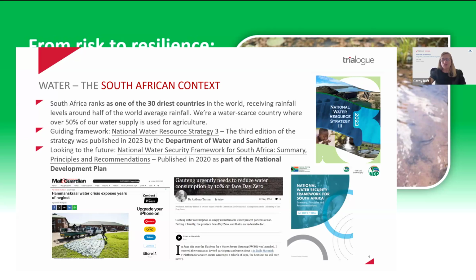So South Africa's water crisis is obviously no secret. For those of you in Cape Town, you've experienced getting very close to Day Zero. And there's now talk of Joburg approaching Day Zero. And if you are in Joburg, you've probably had quite a few water cuts already this year. South Africa ranks as one of the 30 driest countries. We are a water scarce country. And this has been exacerbated by climate change, as well as by